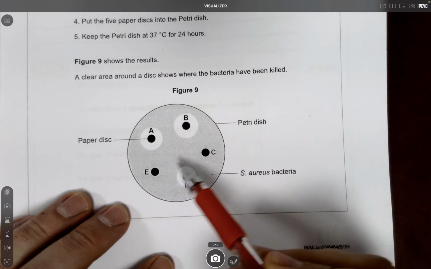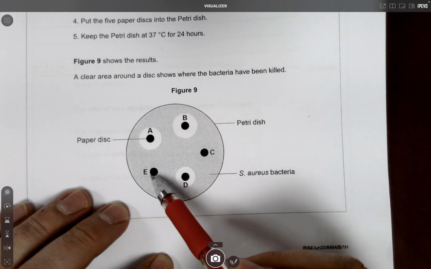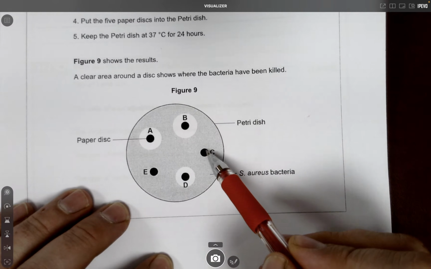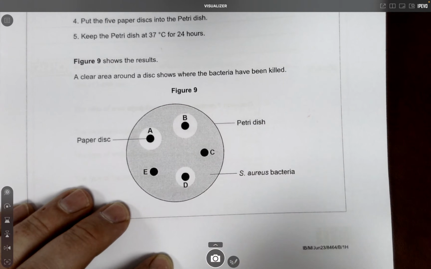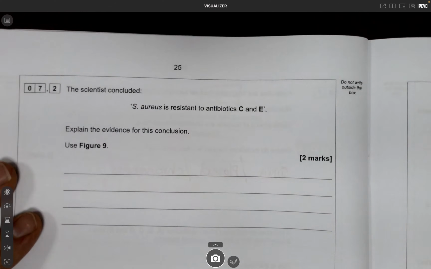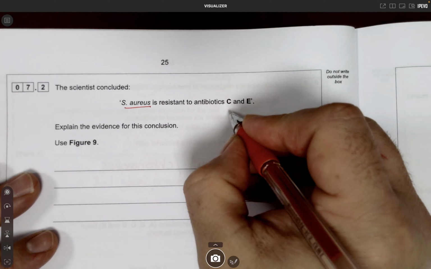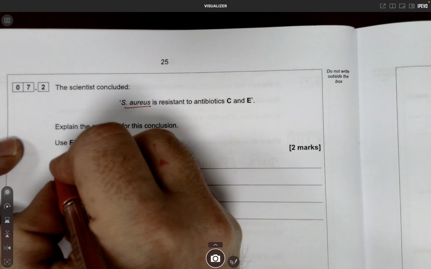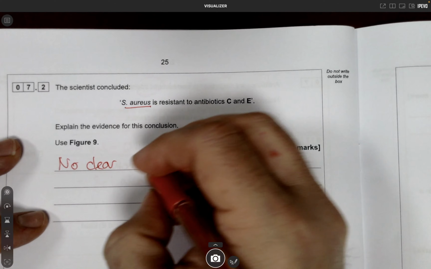So we've got two discs here that have no zones of inhibition near them, which means that there's bacteria growing right up to the circle itself, and then we have 3 others where there is a clear space around each disc. The scientists concluded that S. aureus is resistant to antibiotics C and E, give evidence for this conclusion. So there is no clear area, no zone of inhibition